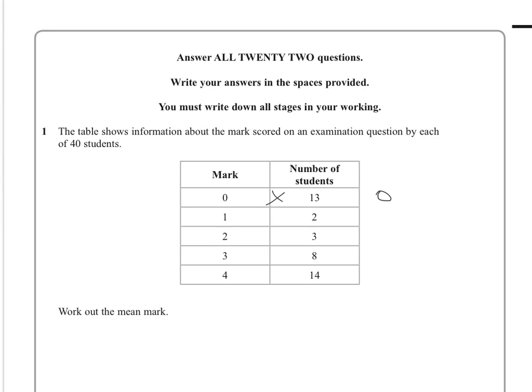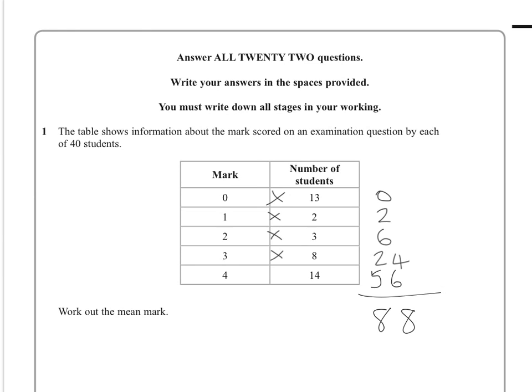2 students got 1 mark. That's a total of 2 marks. 3 students, 2 marks. Total of 6 marks. 3 students, 8. And 4 students, 14. That gives you a total of 88 marks